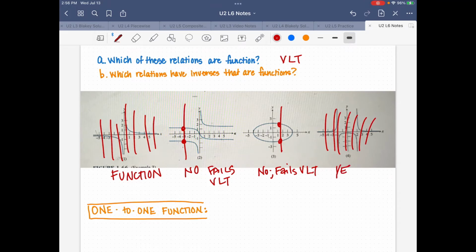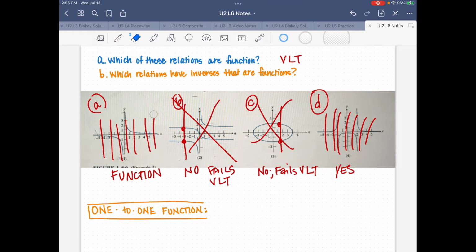It is a function. All right, so A and D are functions. B and C are not functions because they fail the vertical line test. All right, so now then, I'm going to go back